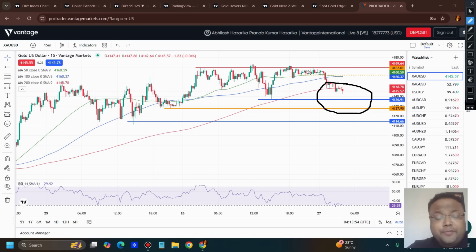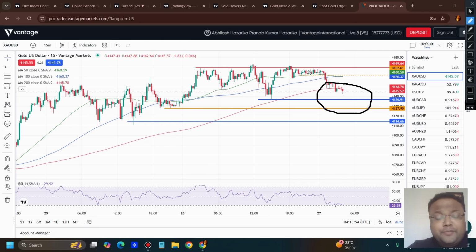You can see if dollar index breaks 99 level, if it breaks this particular low, then obviously we do not have any major support here and we may see further fall. If it happens, then we will see upside on the chart of not gold. That relation doesn't exist anymore, but yes, Euro USD, GBP USD, and others. So this is going to be a very crucial level for the US dollar index, and if it falls crazily, then 98.60 is the support level.